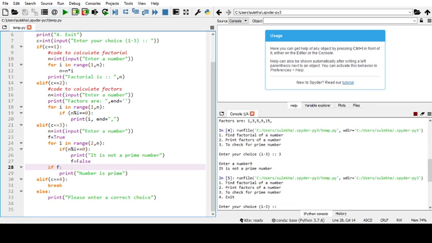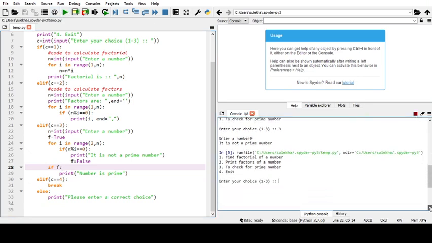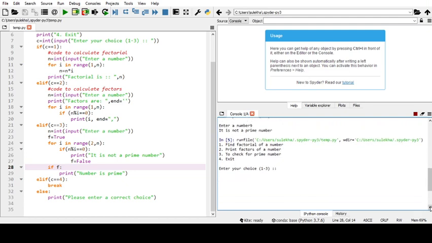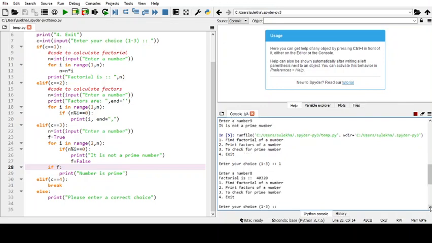You can see here your output screen. It is asking for a number. Sorry, for your choice. Now I have to change this 1 to 2, 3 to 1 to 4 also. Okay. So if I run 1, enter a number. This time I'm entering 8. So factorial is this.